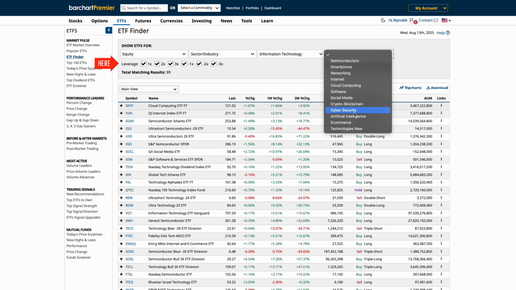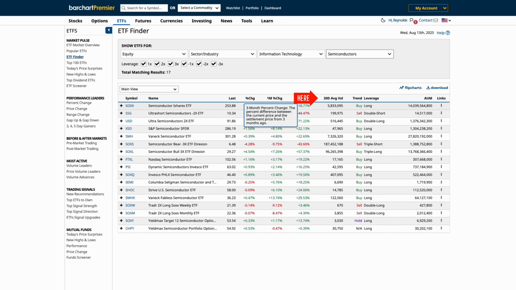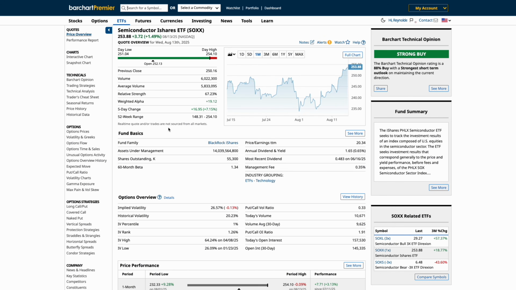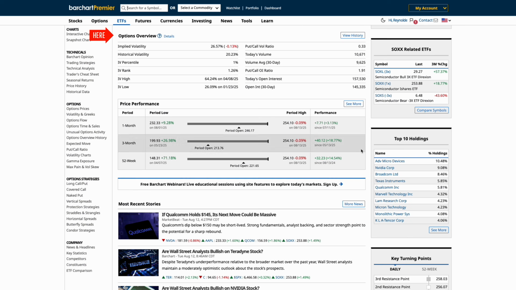You'll be able to explore and filter for leveraged ETFs and sort this list by any of the columns, like volume, performance, or assets under management. Whether you want ETFs in renewable energy, dividend growth, or emerging markets, this finder helps you quickly discover options you might not have considered. When you find one that you like, you can always drill down into an ETF to see its top holdings, related ETFs, options market data, and breaking news. We can discover other ETFs here that fit the same strategy